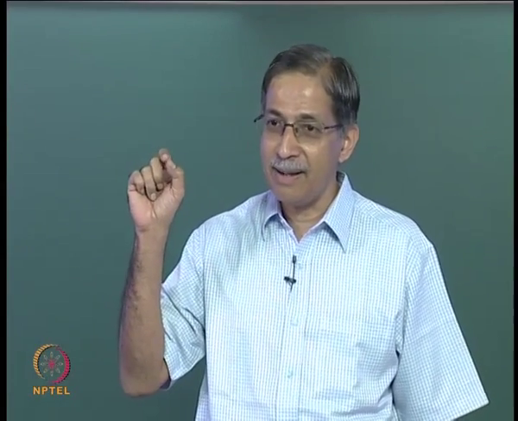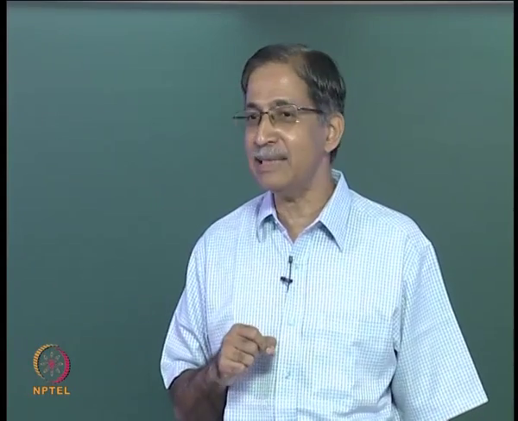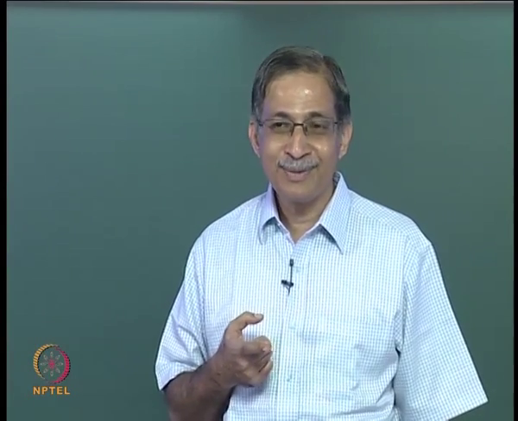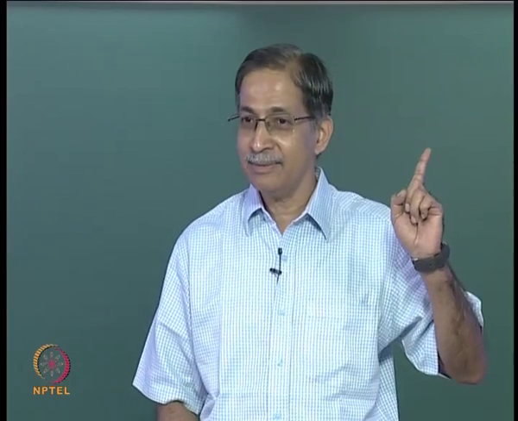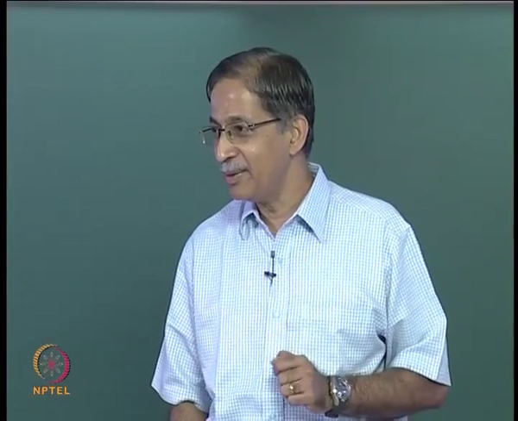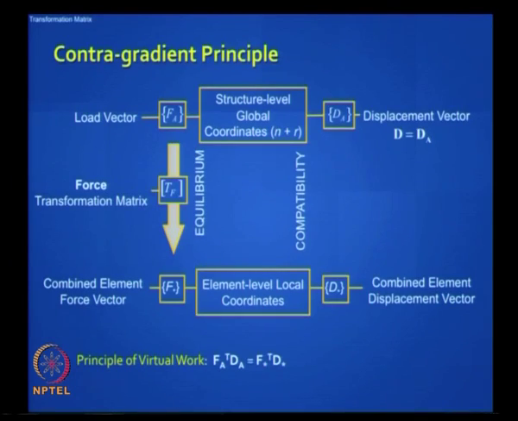The question arises, a good student should ask this question, does it mean somehow automatically compatibility is satisfied? Yes, prove it. So the contra gradient principle actually proves it. How do you prove it? We did a similar proof earlier. We did principle of virtual work. Can we do the same principle? Then we will get the same old result? No. There we proved TD transpose. Here we have to prove TF transpose. So how do you use the same principle? You flip what? F star and D. There we did D transpose F, now we do F transpose D.